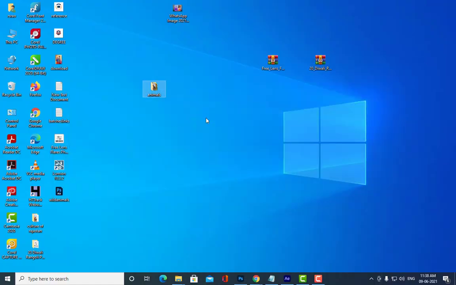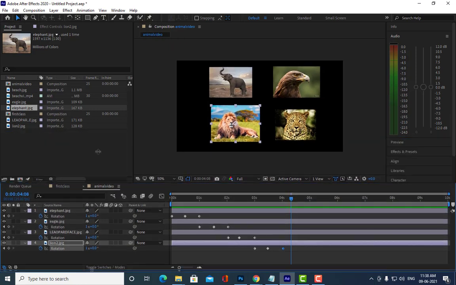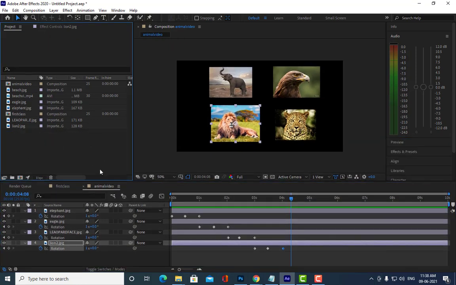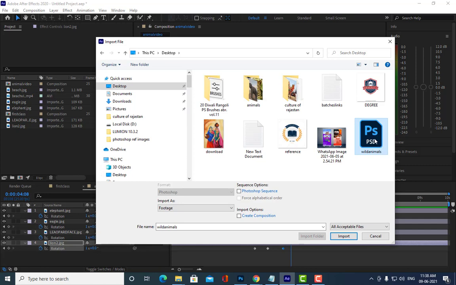See here, wild animals is there, and then you can double click in this area and pick this wild animals text. Okay, is it clear all of you?